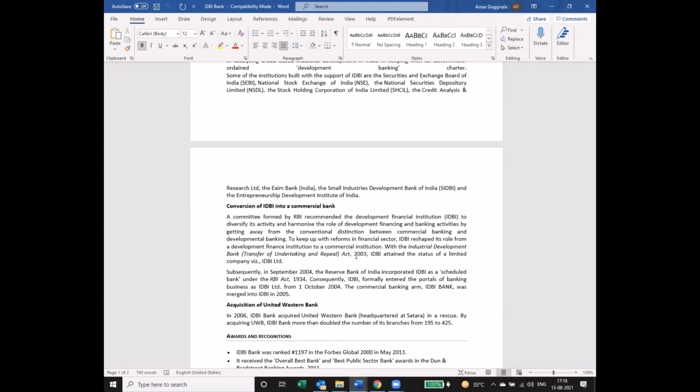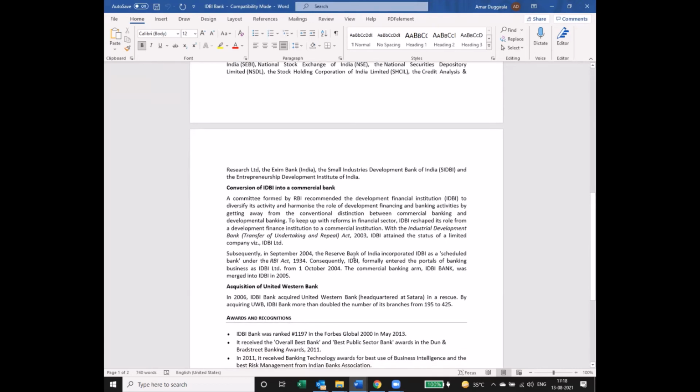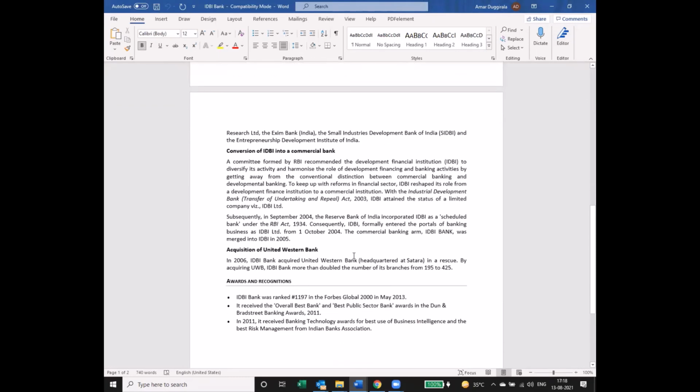from 195 to 425. Maximum presence of United Western Bank was in Maharashtra and Gujarat. So you would see the maximum number of IDBI branches in Maharashtra and Gujarat as a concentration of branches. Right? Even this UWB that I'm talking about was very popular in the rural areas also. So that is how that took over. And then IDBI Bank started